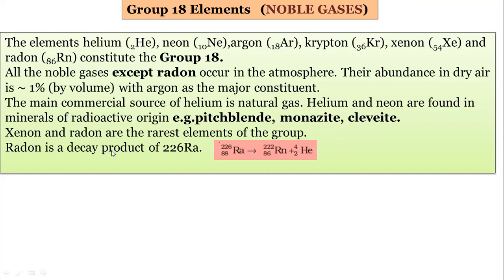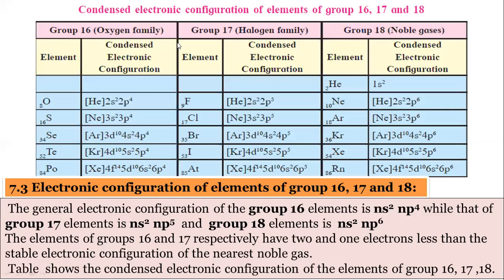And xenon and radon are the very, very rarest elements of the group. So these questions can be asked for 1 mark. Xenon and radon are the rare elements, and also remember from where the radon can be generated. I am not discussing in detail because we have to discuss this